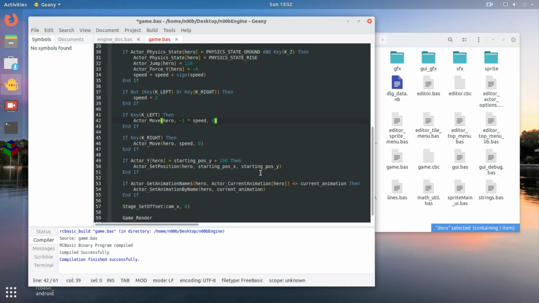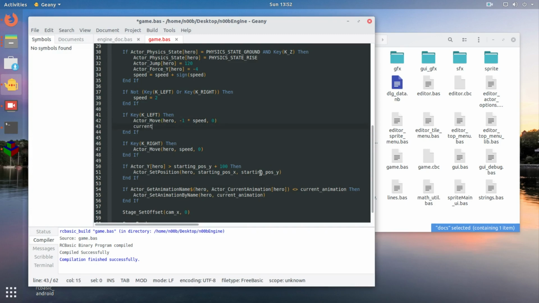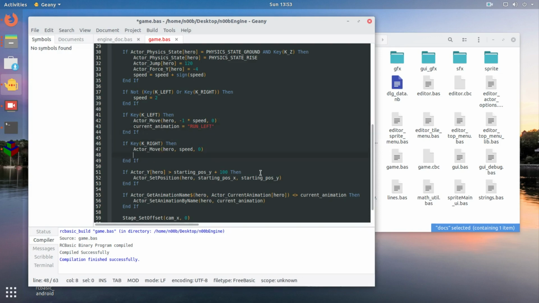So if left key is pressed, then we're going to set current animation equal to run left, and if right is pressed, we're going to say current animation equals run right,